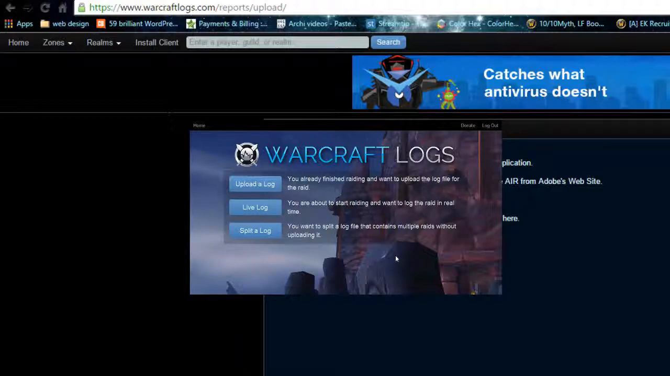You guys should see in a moment something that says Warcraft Logs in the very middle of the screen. Once you've logged into it, it'll just look like this. You'll have upload a log, live log, or split a log. You can split one that